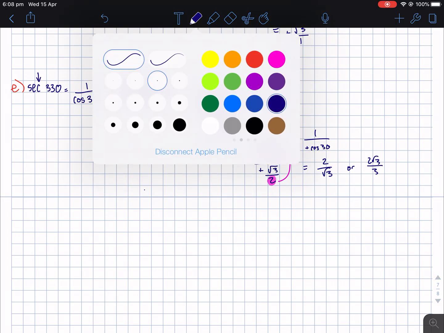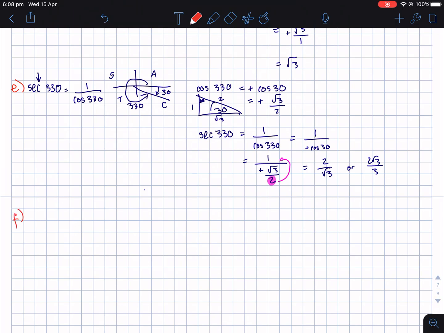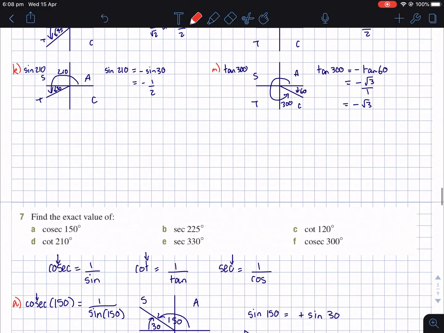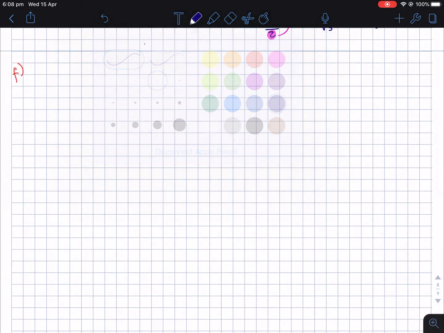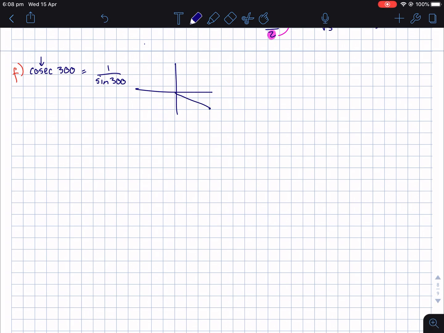1 to go, 1 to go. Question F. Cosec 300. So cosec, C-O-S-E-C, 300. Third letter, S tells us it's sine, 1 over sine 300. Okay, let's draw this. 300 is down here. If we've gone all the way around 300, means we must be 60 down. So sine 300. Now I don't know if it's positive or negative, so S-A-T-C, only cos is positive, so it's